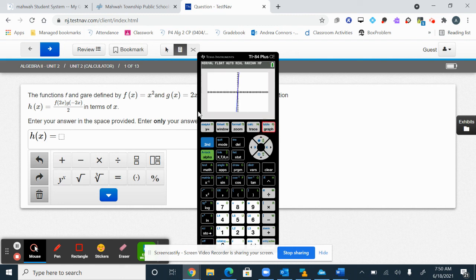scale of the graph. I hope that helped with just a little prelim on graphing calculators and how to use